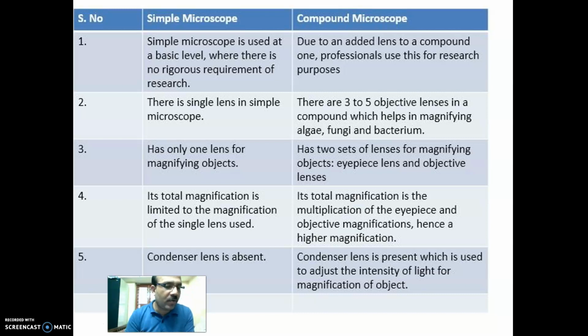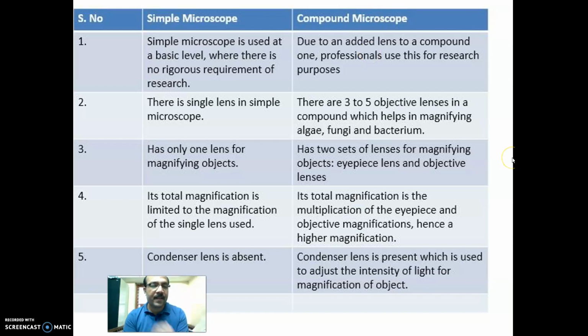So that is a function of the compound microscope. So what is a compound microscope? It is a microscope in which we have to add some more apparatus or accessories in order to get a better result. In a simple microscope there is a single lens, whereas in a compound microscope there are 3 to 5 objective lenses which help in magnifying algae, fungi